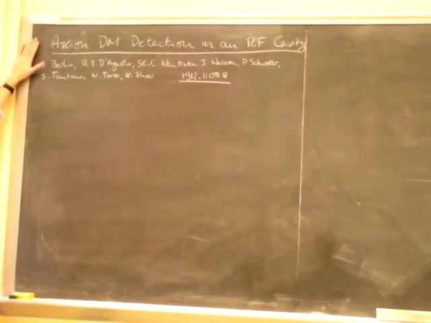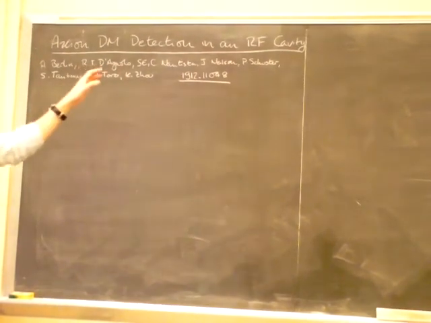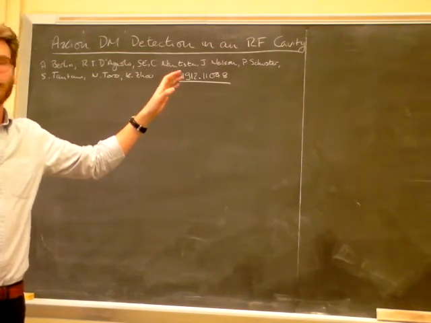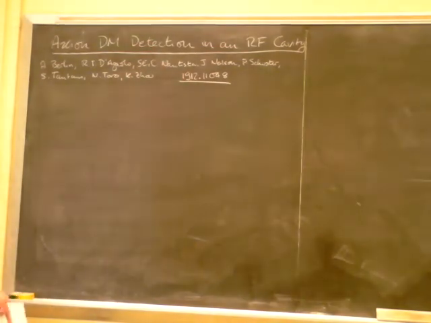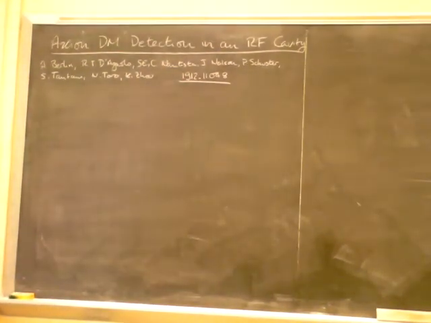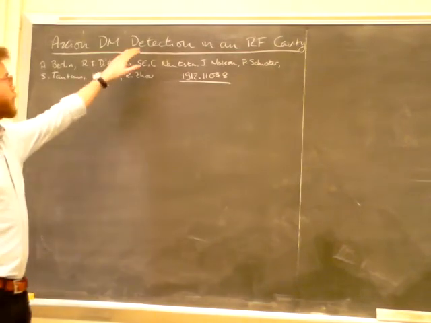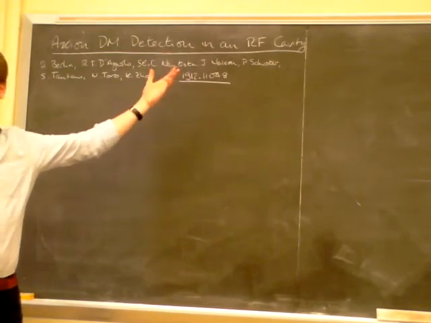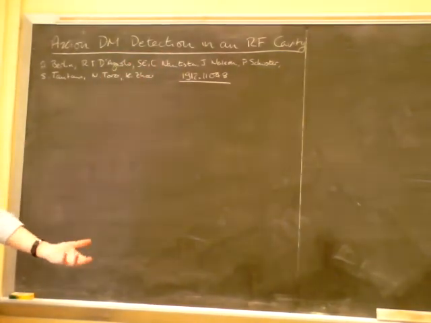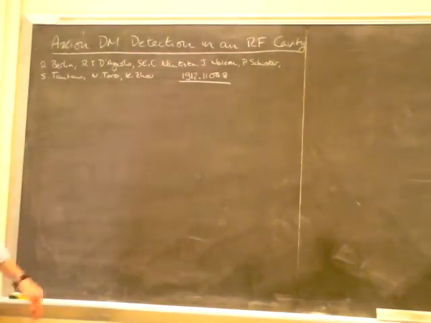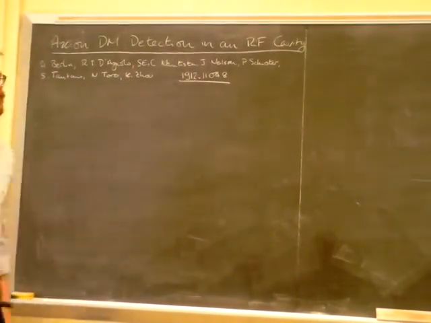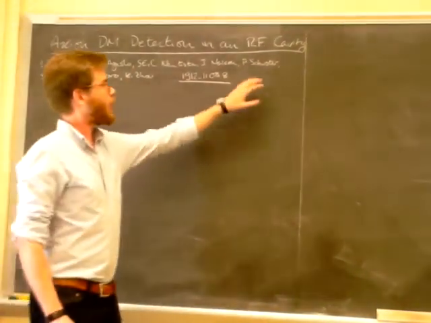I'm going to be talking about axion dark matter detection in an RF cavity. For those of you who are not familiar with what axions are, I will give an extremely brief introduction. And for those of you who are, I apologize for repeating stuff that you know extremely well. Then I will move on to the second part of this title, which is how axions are planned to be detected, because of course we haven't detected any yet, but we hope to in the future. So exactly what the detection will entail in general, I will have a general discussion before moving on